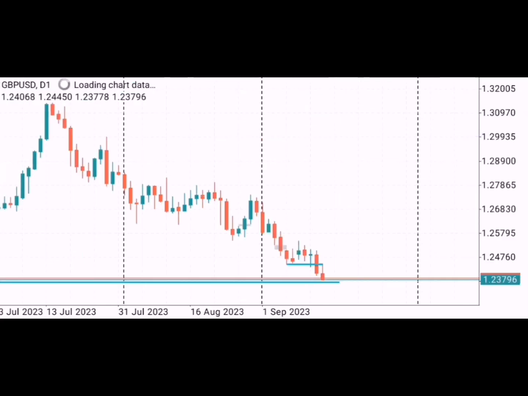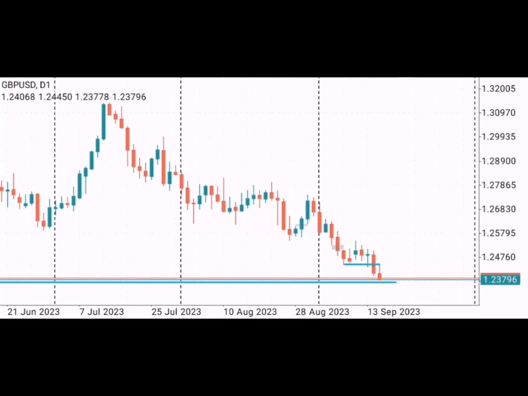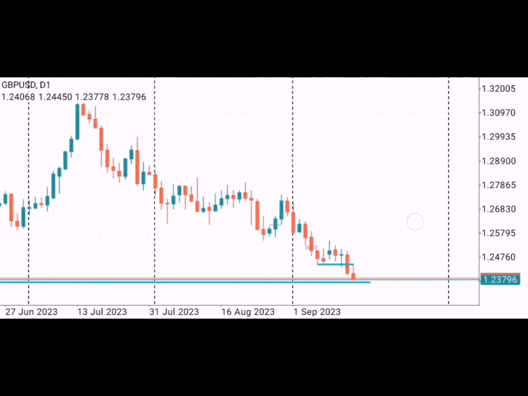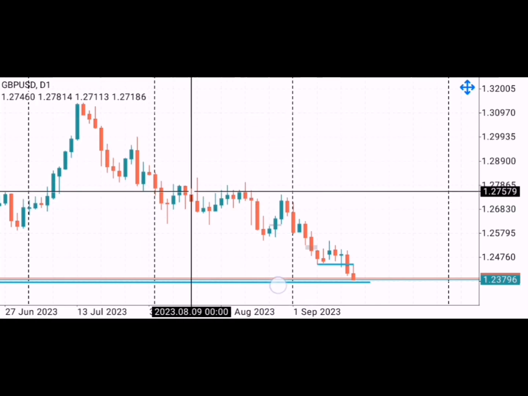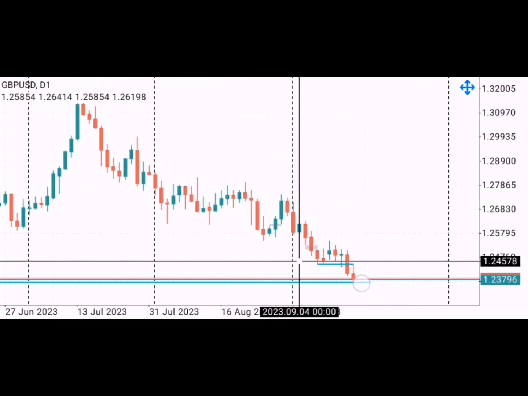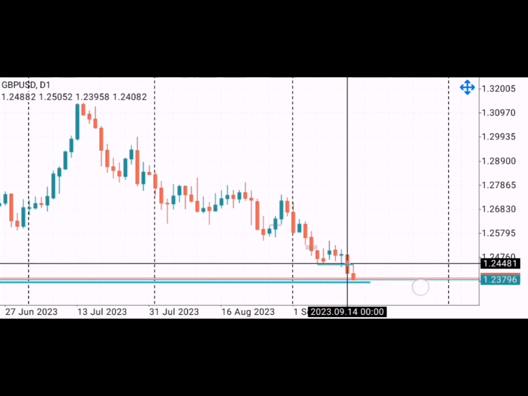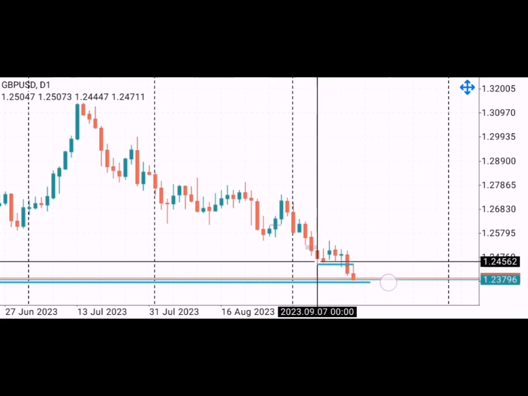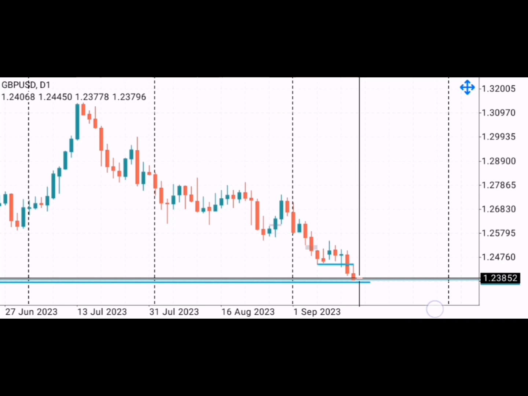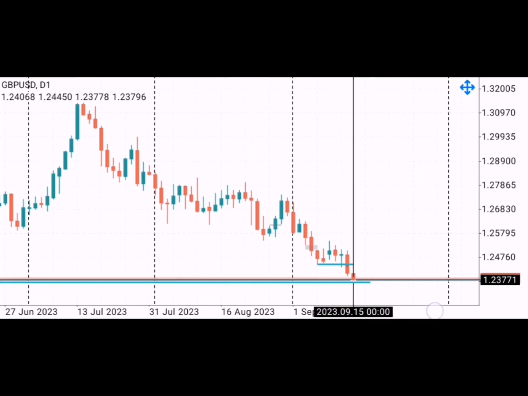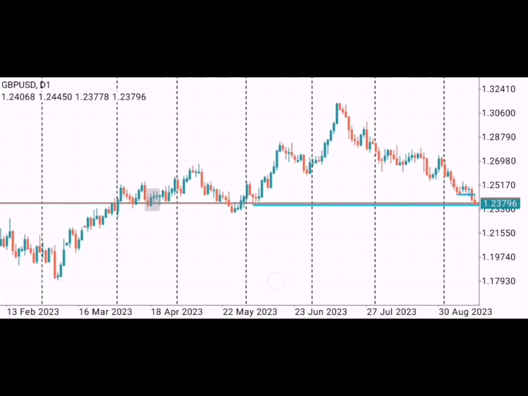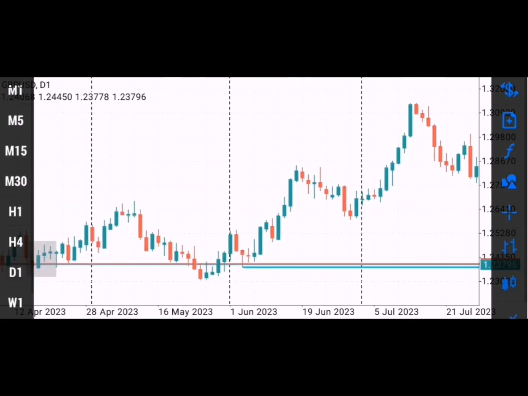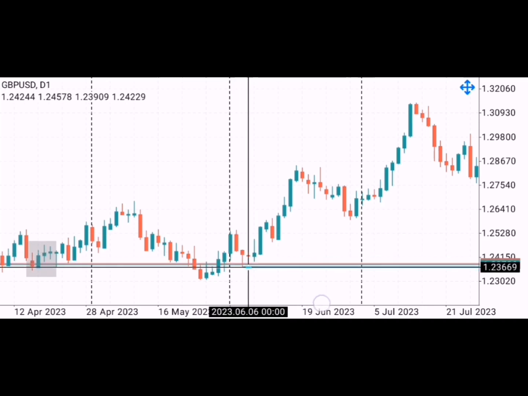And now we look at the pound dollar. With the pound dollar, we can see that the momentum of this chart has been quite bearish, and just like we had thought last week, price is going to break the structure and continue momentum to the downside. You can see Friday was bearish, and right now the most likely situation that is going to transpire is for price to trade into this level over here.